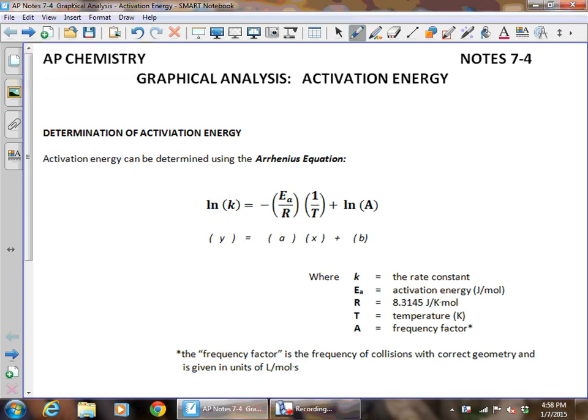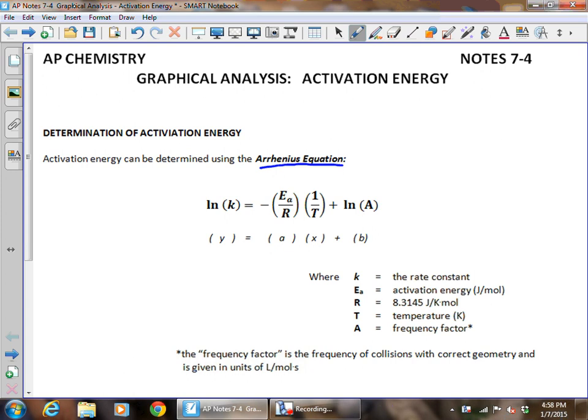Today we're going to look at how to use our graphing calculators to determine activation energy in a chemical reaction. Now, we use something called the Arrhenius equation as our basis for doing this. The Arrhenius equation says that if you have the natural log of k, remember our rate constant, that's going to